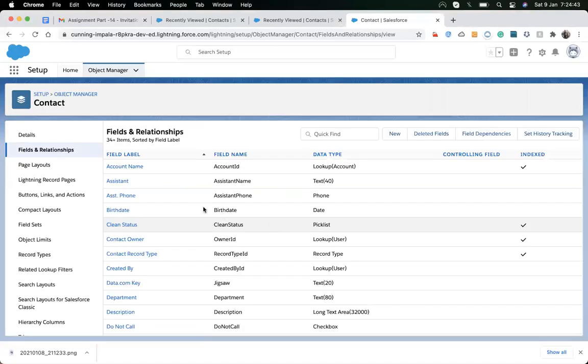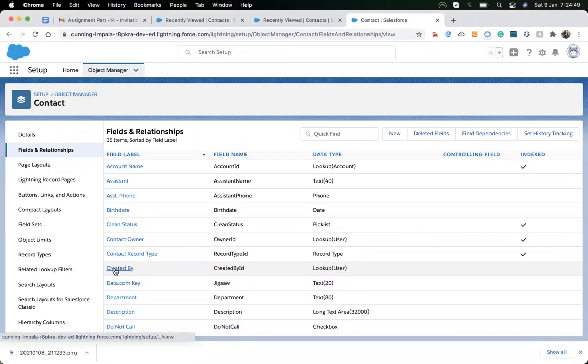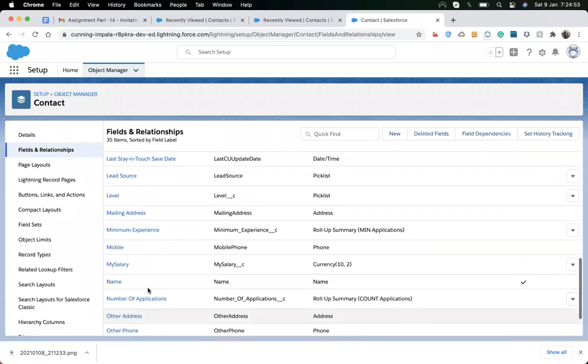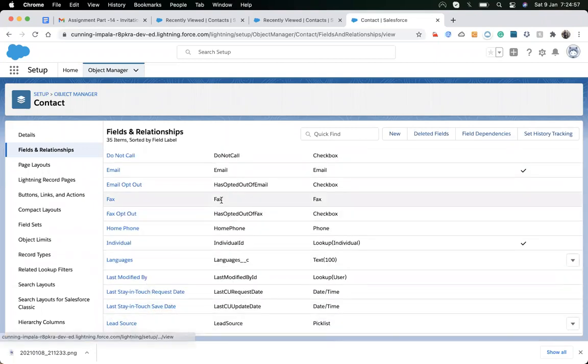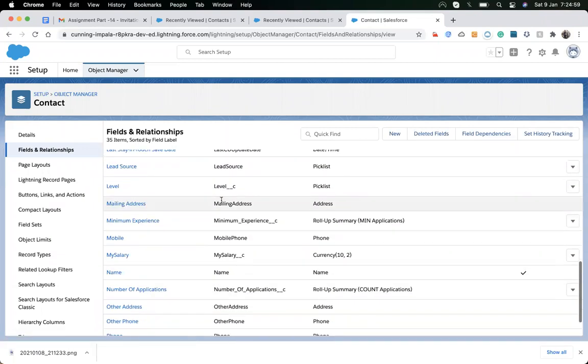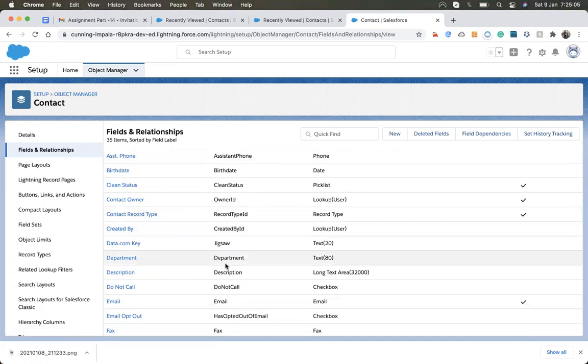For the admin, we only consider the label of the API name, and mainly the admin does not have to worry about the field name. He has to worry about the label of that field. But right now, while we are working as a developer, you have to consider only the API name. So what will be the API name? You have to focus on that.